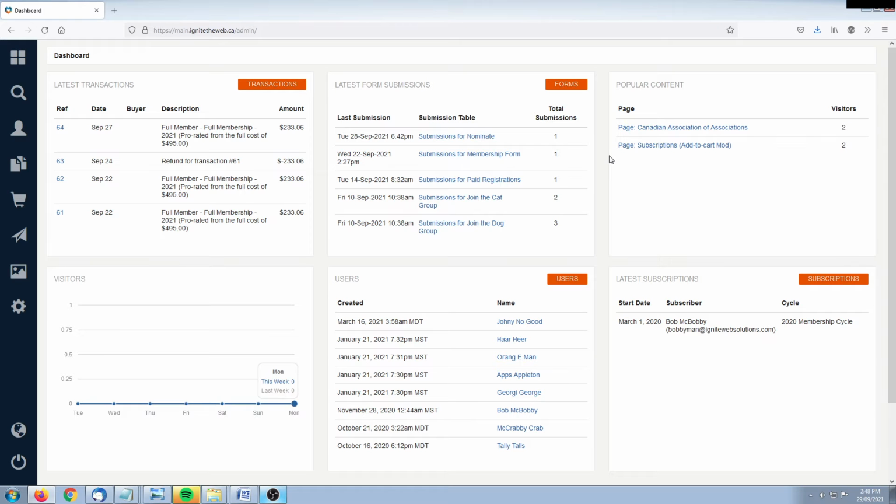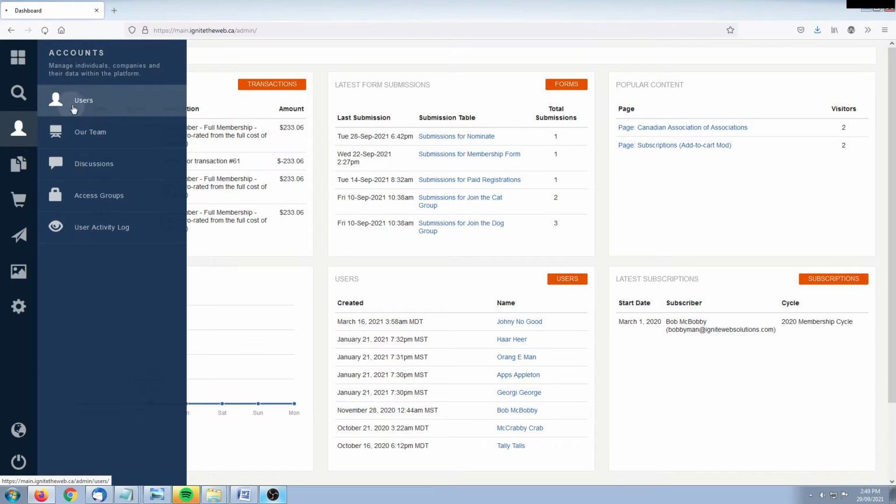Hello and welcome. What we're going to be looking at today is how to create an administrative profile which has access to all of the data within your MembersVillage instance. We'll be doing that within our development platform, meaning you'll see a whole bunch of data which is essentially fake. What you'll want to do is head over to the accounts section and then click on